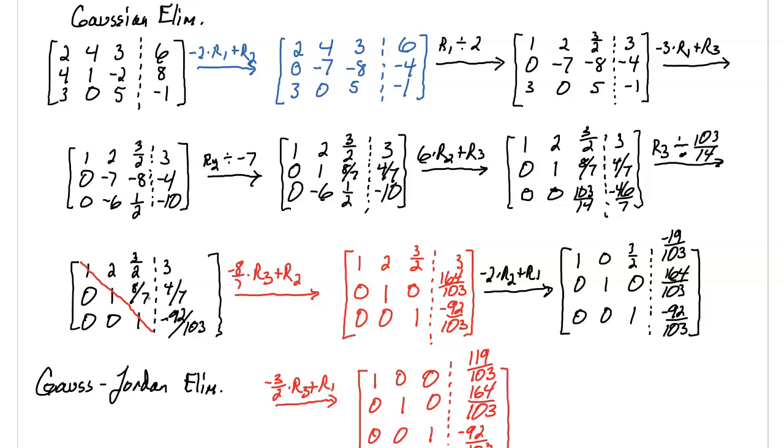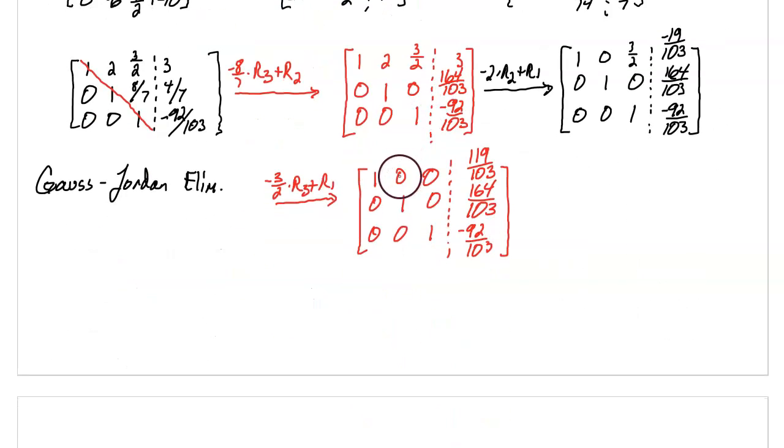But then you continue on to create extra zeros in the matrix so that you only have the diagonal of 1s and all other spots are zeros. The solution to this augmented matrix is z equals negative 92 over 103, y equals 164 over 103, x equals